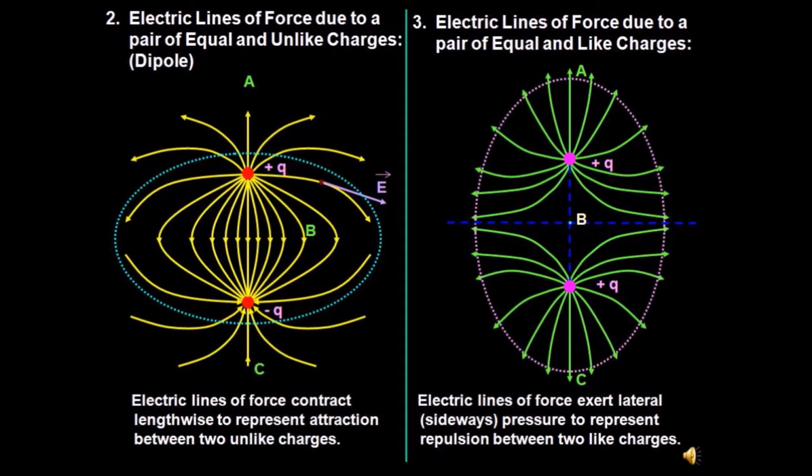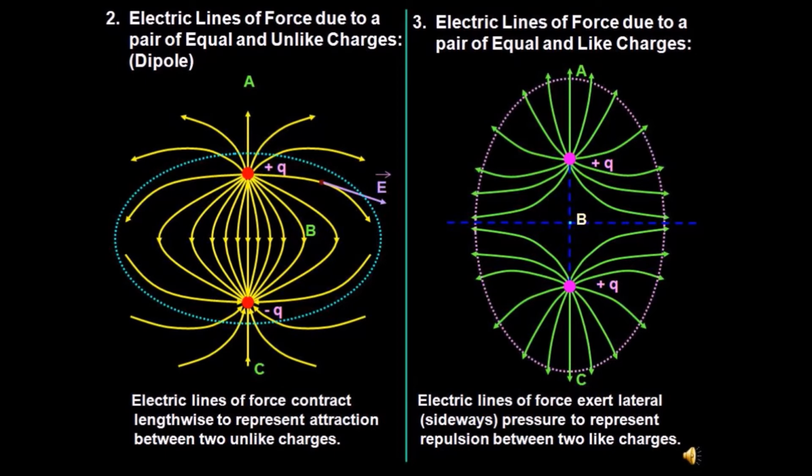Now let us take the third point B in between. At the B point, let us assume the unit positive charge. This assumed unit positive charge will be repelled from plus Q and will be attracted to minus Q. So field lines are from plus Q to minus Q in a curved manner. This way we have drawn the electric field lines for the system of equal and opposite charges